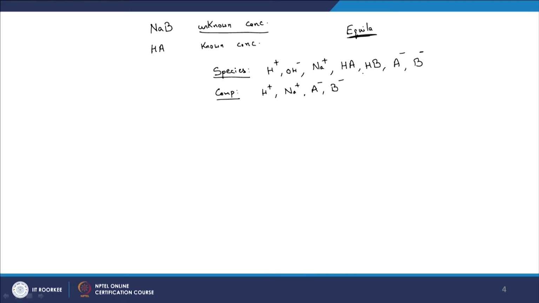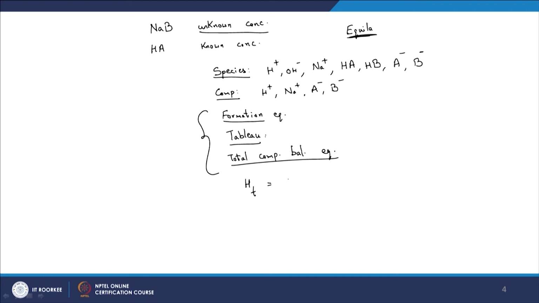You need to choose your components such that you will be able to arrive at your particular species, right, and that is something we covered in great detail earlier. So again, what next though? We need to come up with our formation equations, which we are not going to go through now, and then we need to get down to writing our tableau, right. And what next? And then the total component balance equations, right.